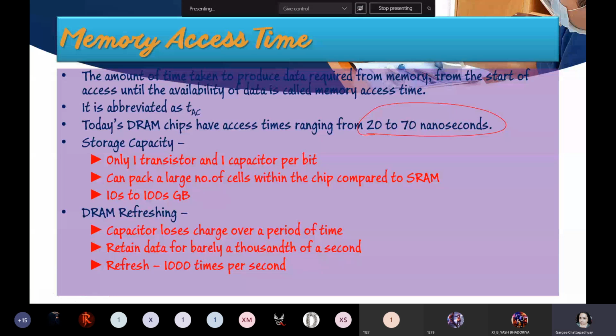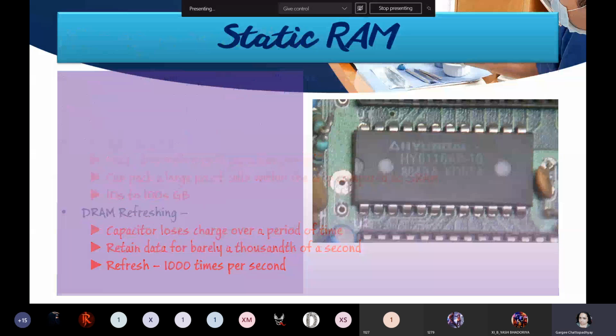That is why it is a volatile memory. Although static RAM is also a volatile memory, sometimes it can save the charge for a longer period of time, and hence it is being heavily used in not only creating cache memory, but it is also being used in creating your SSD hard drives, that is solid state hard drives. So this particular slide is all about your DRAM, dynamic RAM, which is used for making your RAM chips. Okay, the RAM which we use in our computer.